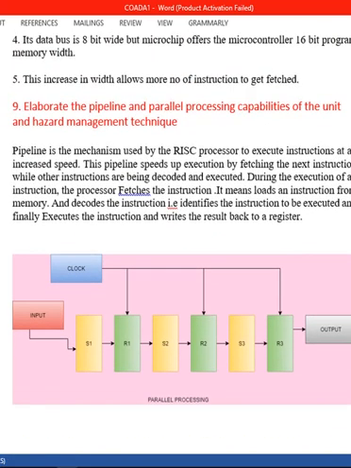This is the pipeline. The CPU instruction codes are all fixed to 16-bit length, which, combined with pipeline processing, allows the most important instructions to be executed in one cycle. A RISC processor executes instructions and increases speed. This is the diagram of parallel processing.